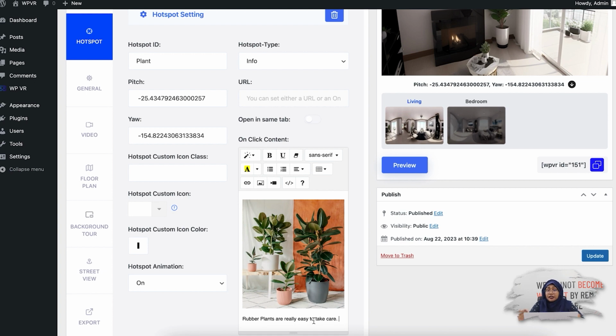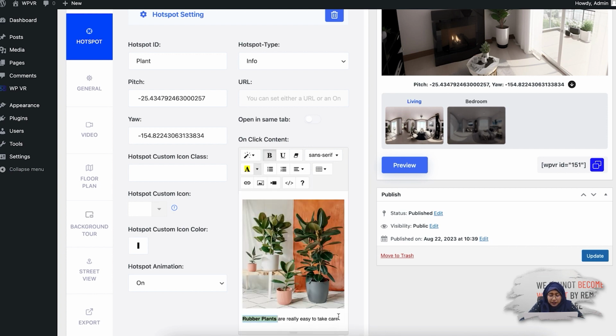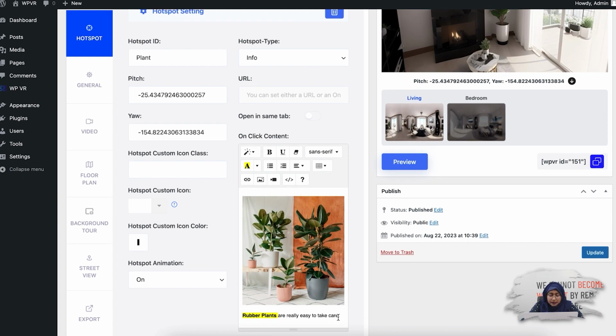So let's edit the text content a bit more. I want to highlight these rubber plants words, alright? So what I'm going to do is make it bold using the WYSIWYG editor we have. Then I'm simply going to highlight it with maybe yellow color, alright? Now let's give it a space and then add some more text. Let's say,